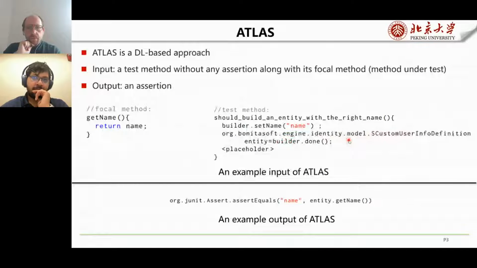In recent years, based on other already written unit tests, Atlas takes the test method without any assertion, along with its focal method, to output an assertion. The output of Atlas is an assertion. The input of Atlas contains the focal method and test method. The focal method refers to the method under test.